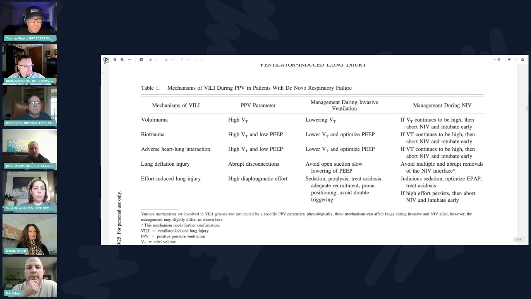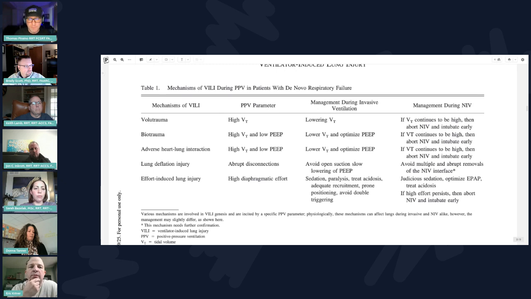So you have to make a very quick reaction when you have someone on volume control who is starting to be active, because it will be a more uncomfortable mode. More so if you use flows of 30 to 40 liters per minute. If you use lower flows, like 30 or 40 in an adult patient, and they wake up, they will outstrip that ventilator so fast. If you use flows like 60 liters per minute, I've seen patients wake up comfortably on volume control, surprisingly comfortably, but it's because the flow is so high.